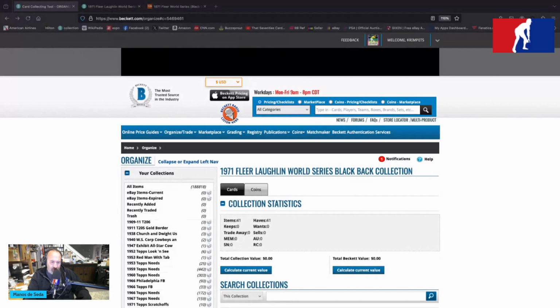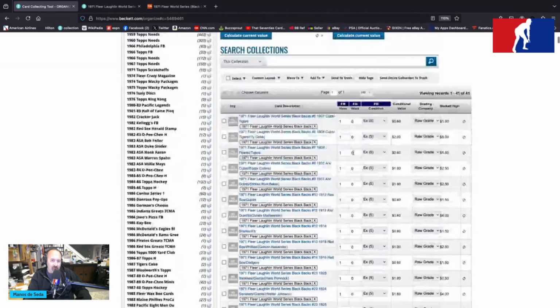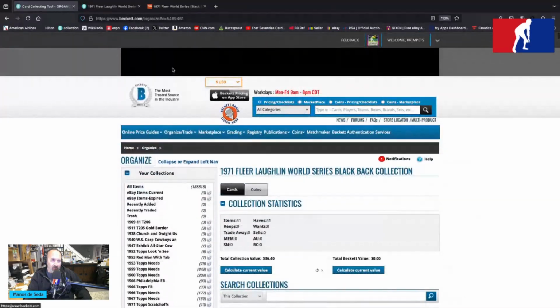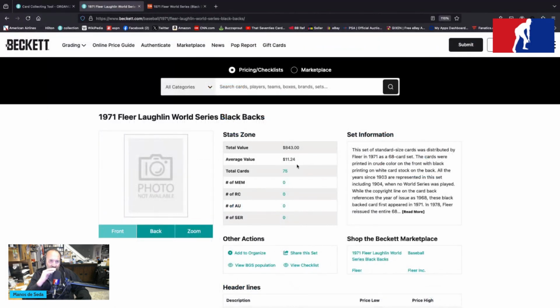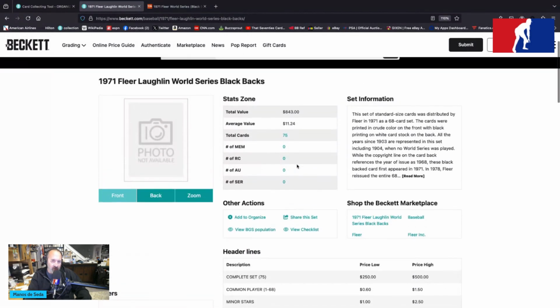This is the 1971 Fleer Laughlin World Series Blackback collection here. A little different than the blue ones, but we're going to find out how. Obviously the backs are different. I have 41 of these little fellas made in Philadelphia. Let's get to Beckett. Beckett says there's 75, $11.24 average value, $843 total value, $250 to $500 for a complete